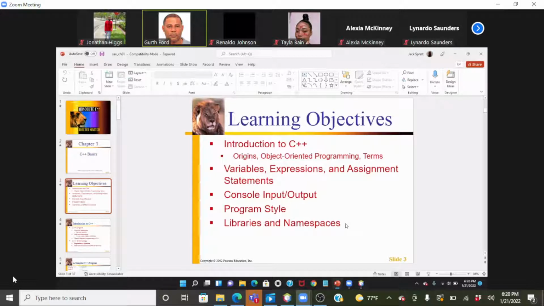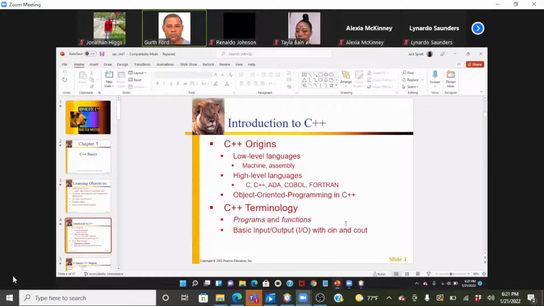All right. So our learning objectives with respect to C++: we're going to talk about the origins, what exactly is object-oriented programming. We're going to define a couple of very basic terms. We'll talk about variables, expressions, assignments and assignment statements. We will be introduced to the console, or terminal input and output. And we'll start to discuss aspects like program style, libraries, and namespaces. And C++,